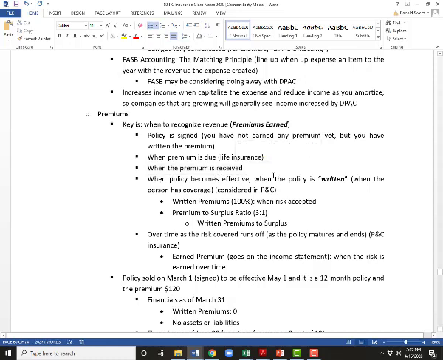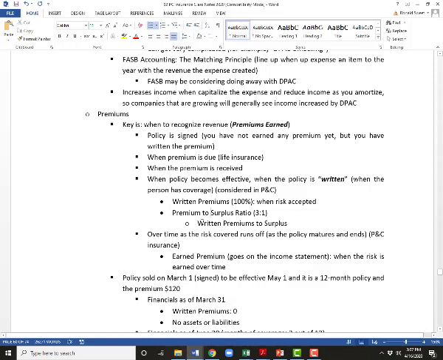So when the policy becomes effective, that's when it's signed. We say that's when the policy is written. This is a P&C thing. P&C doesn't really worry about when the premium is due as far as accounting, like the life insurance side does. So when you sign the policy, the premium is 100% written. If it's a 12-month policy, you've just written 12 months' worth of premiums, even if you haven't received any. And this is what the premiums to surplus ratio is based on, which if you think about it, makes sense